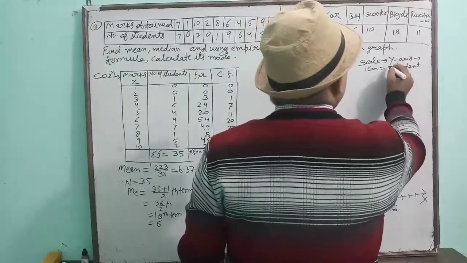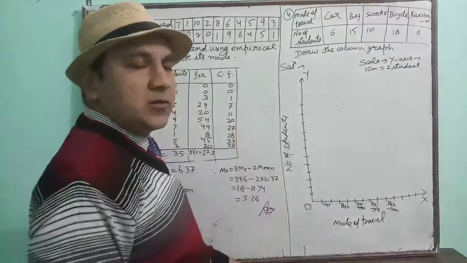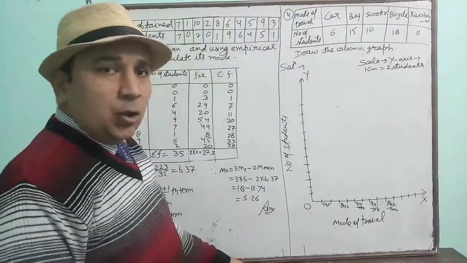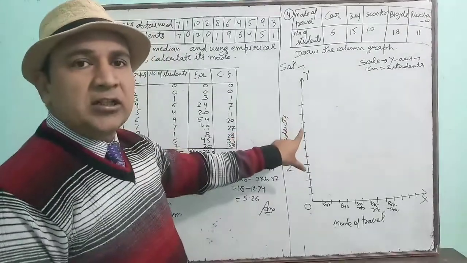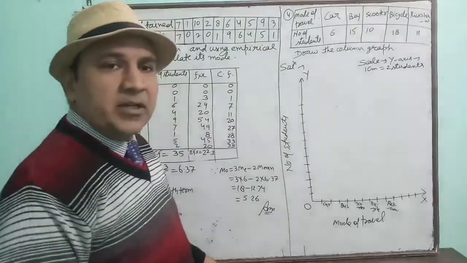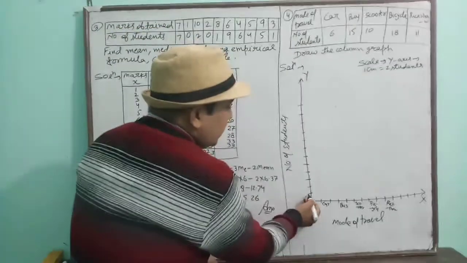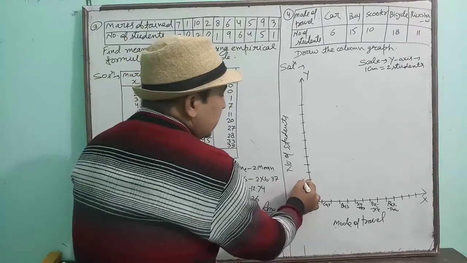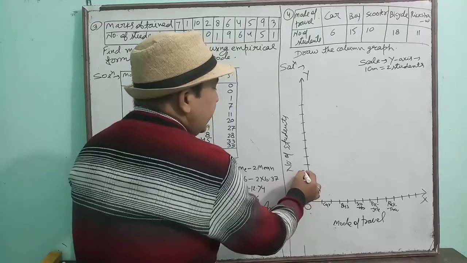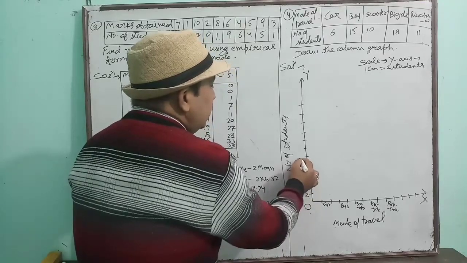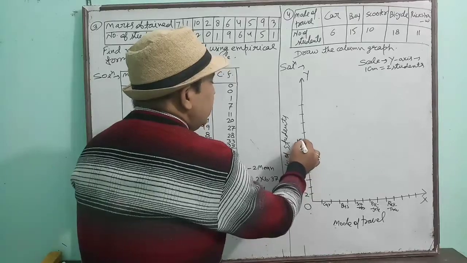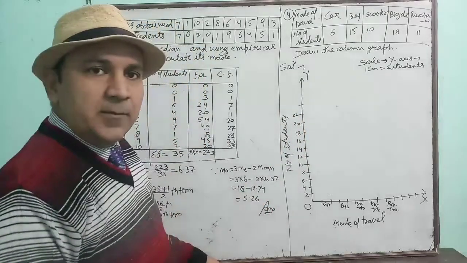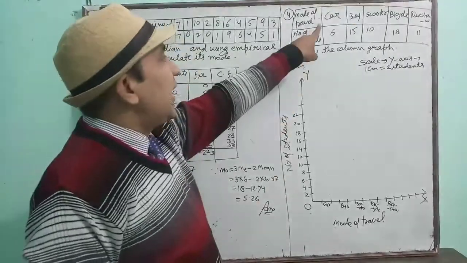You can take 1 centimeter is equal to 2 students also. That depends on what type of scale you are using. Only it should be easily denoted on the graph. Suppose I have taken 1 centimeter is equal to 2. That means from 0, the first box will denote 2, second box 4, third will be 6, fourth will be 8, fifth will be 10, then 12, 14, 16, 18, 20 and so on. In this way, after this, car is